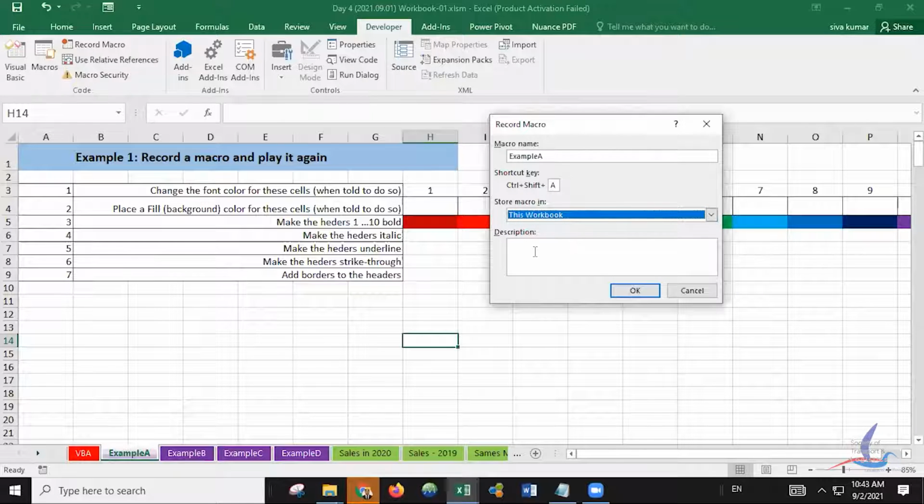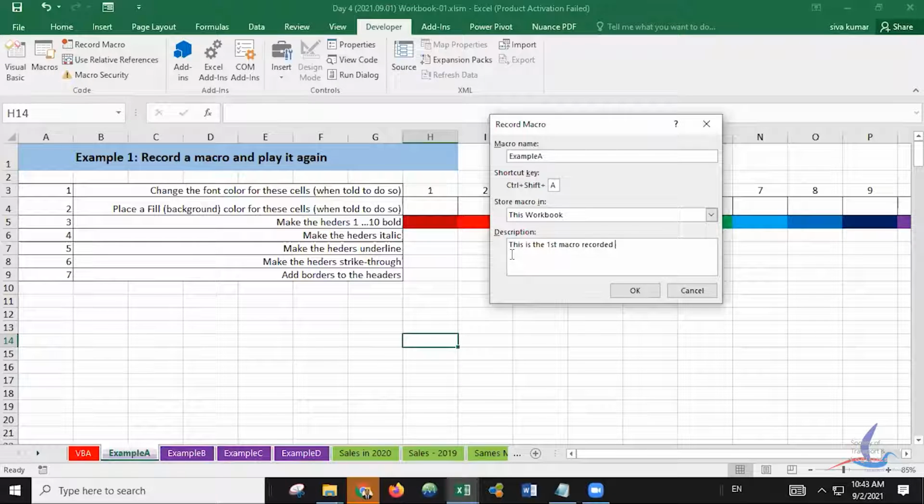If you want, you can write some description. Anything you can type, but I'm going to type: this is the first macro recorded